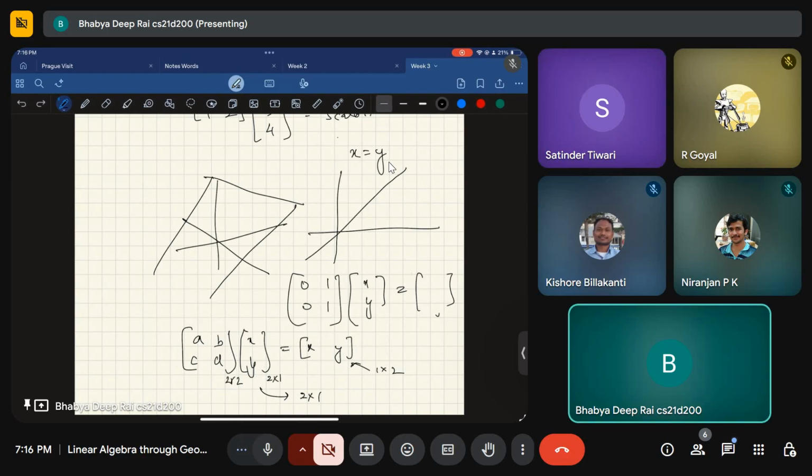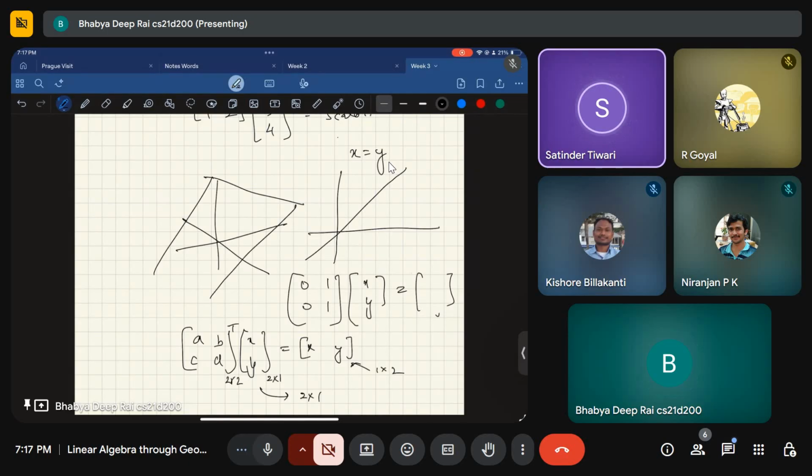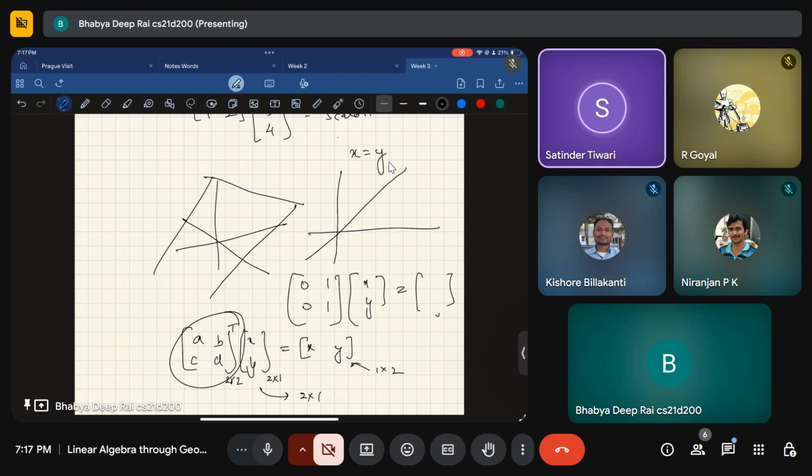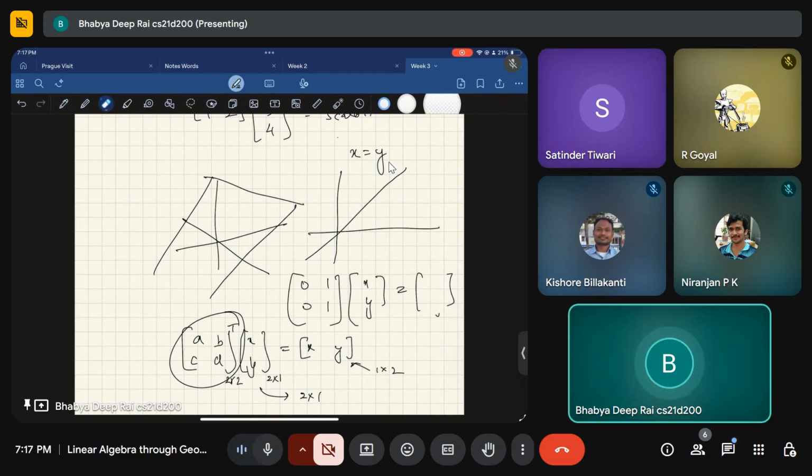Okay, you can actually represent this graphically, and that will be what Goel was talking about. Reflection across X, Y, and so on. Is that clear? At least until my knowledge, the transformation of a vector is a bit weird graphically. It does not completely make sense, because you'll get these lines, and what it represents is not clear to me. Is that clear, Satinder?